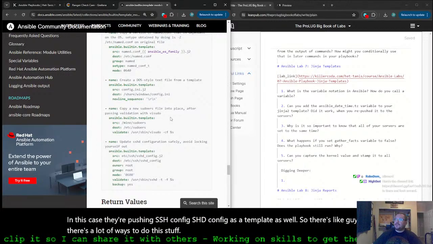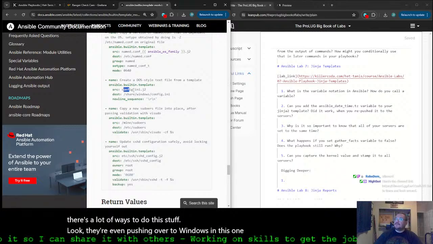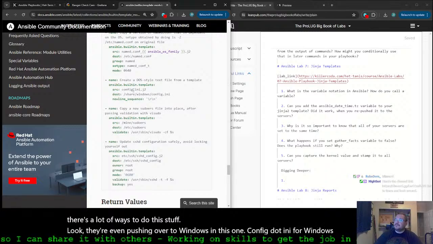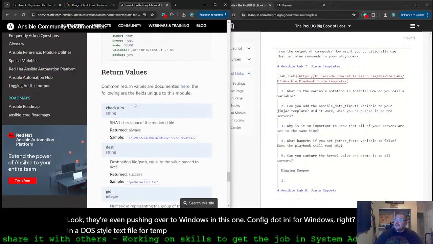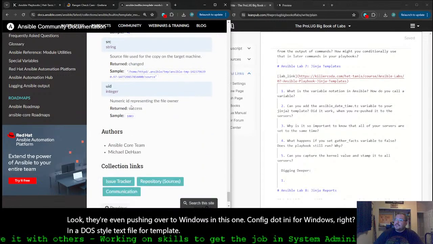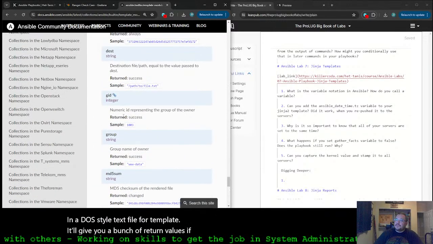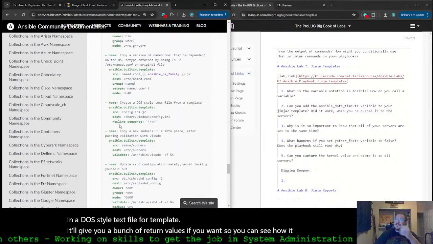Look, they're even pushing over to Windows in this one. Config.ini for Windows, right? In a DOS style text file for a template. It'll give you a bunch of return values if you want, so you can see how it was pushed. Let's see if